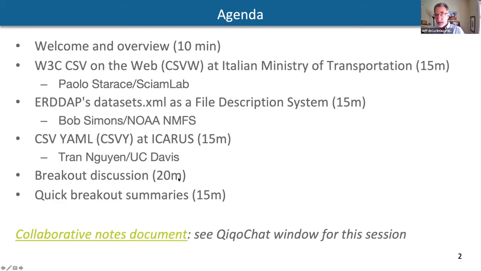And then we'll go into a breakout discussion. I think there's probably going to be too many for a single group discussion. So break into probably 4 rooms for maybe 20 minutes max, and then come back just to hear a short summary of key points from some of those rooms.